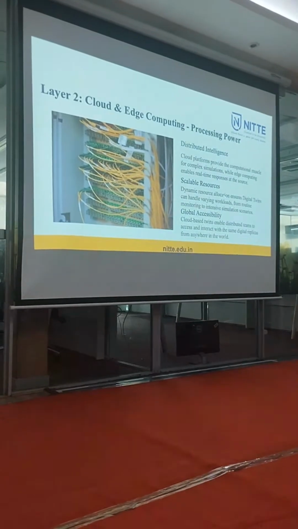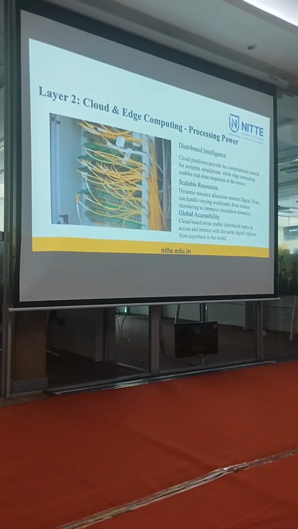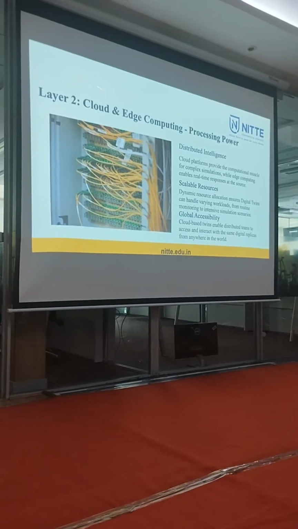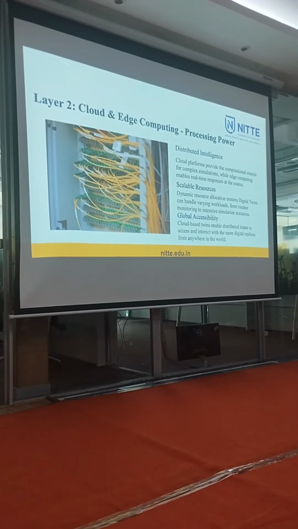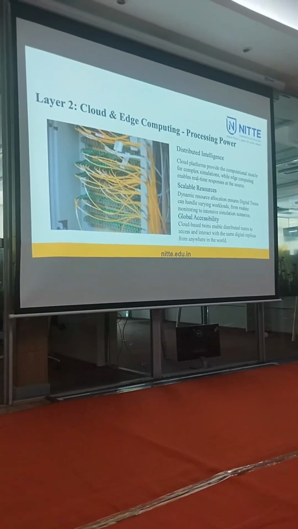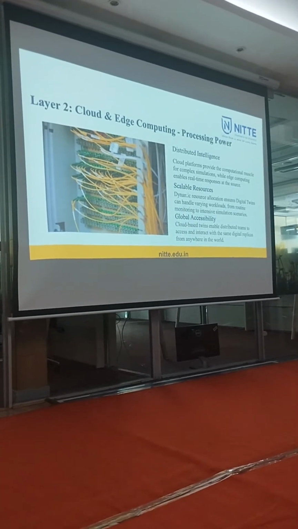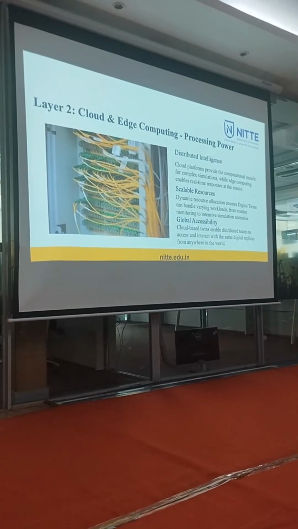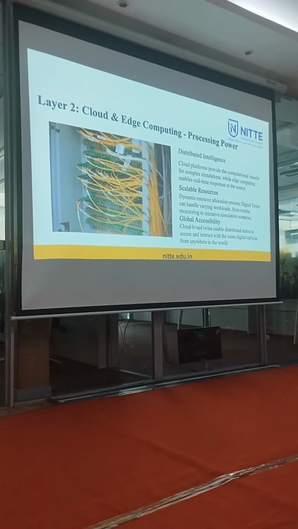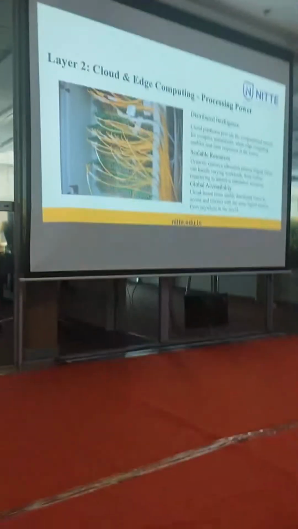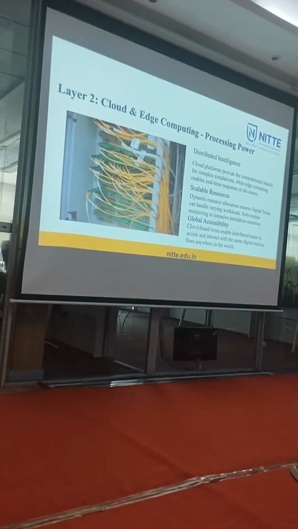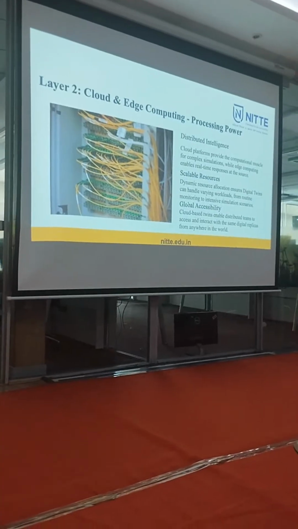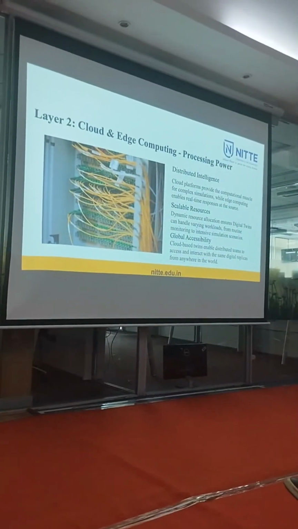Then scalable resources, the resource allocation, you know that, the elastic cloud, where you have an auto scaling option. You go for Elastic Compute Cloud or whatever services that you use. Global accessibility: if I have enabled cloud-based twins, then certainly from anywhere in the world I can use it, right? It is not necessary that I have to come to my office to continue my work for the day.